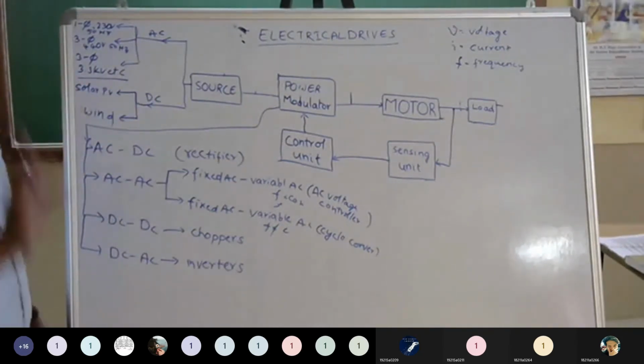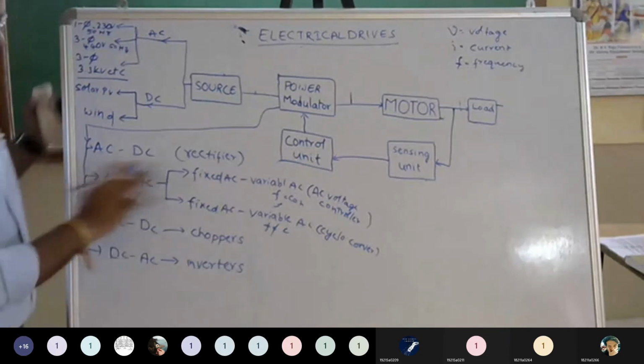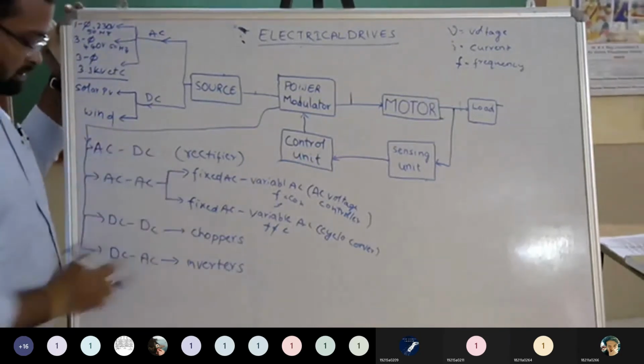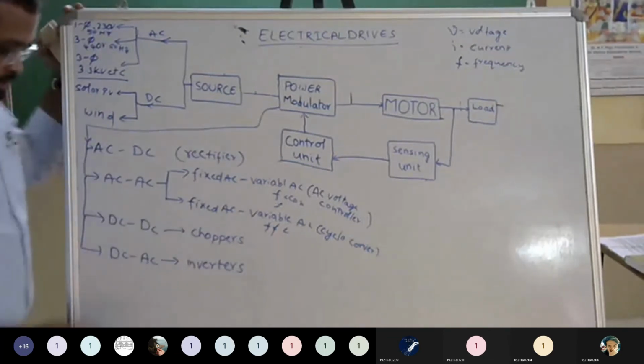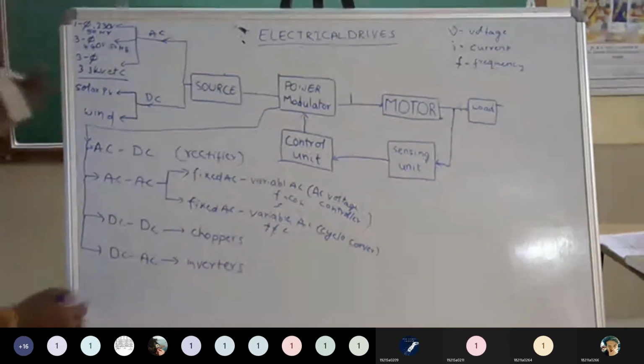So if you have any confusion, this is like a class I am going through. If you have doubts anywhere, I can give some example. People generally confuse AC to DC and DC to AC, which is the rectifier and which is the inverter. So to remember, no problem.